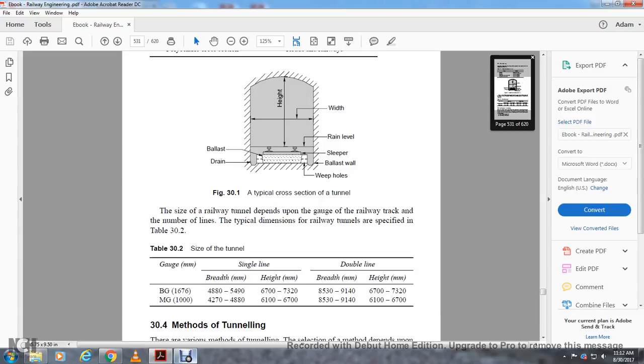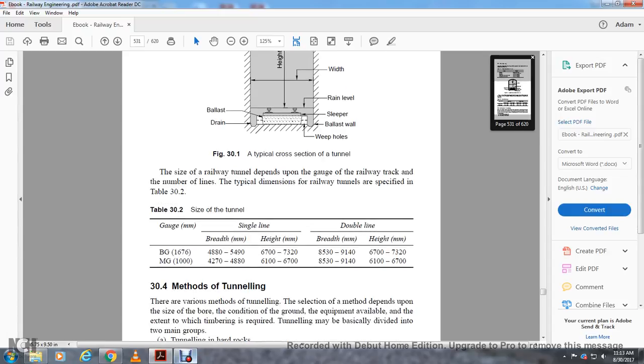Meter gauge, 1,000 mm: single line 4,270 to 4,880 breadth, height 6,166 to 6,700; double line 8,530 to 9,140 breadth, height 6,100 to 6,700.